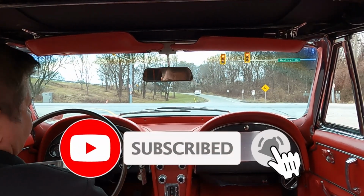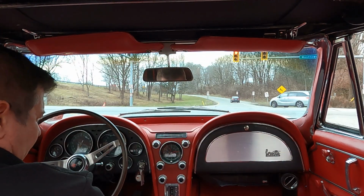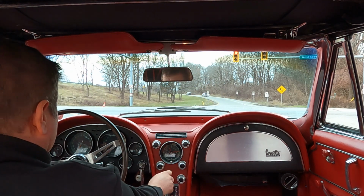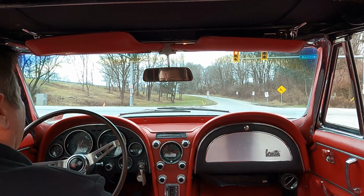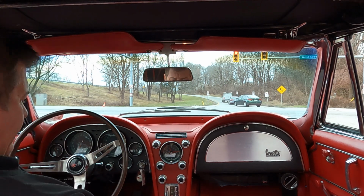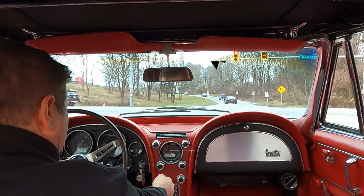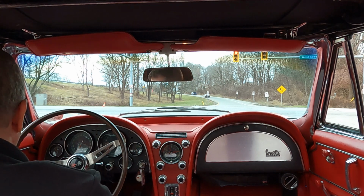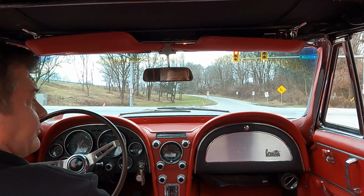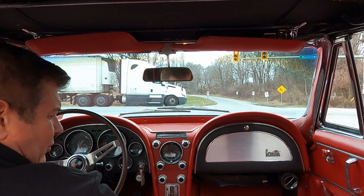The kick panels have custom speakers in it, so something to be noted. I'm sure it showed up in the photography, but that is not original. And it almost seems like it's a modern converted radio in here, which I would presume, because it sounds really good. I mean, it sounds pretty good for a 67 Corvette radio. But those are not stock. So, but yeah, it's a really pure car, and